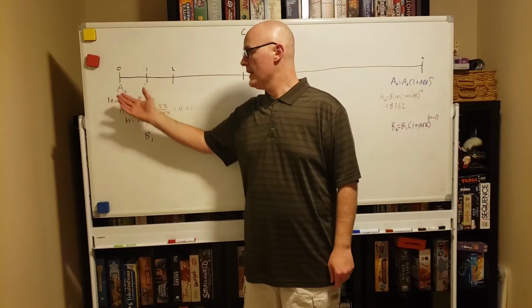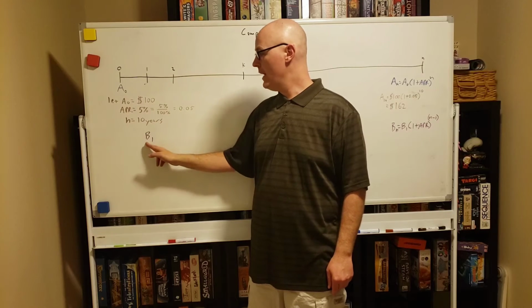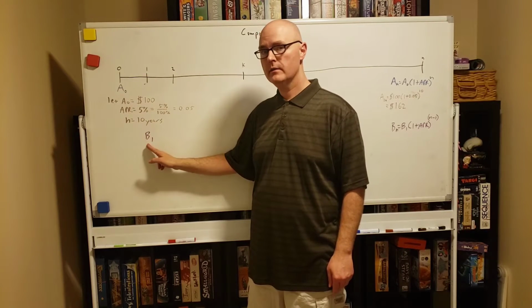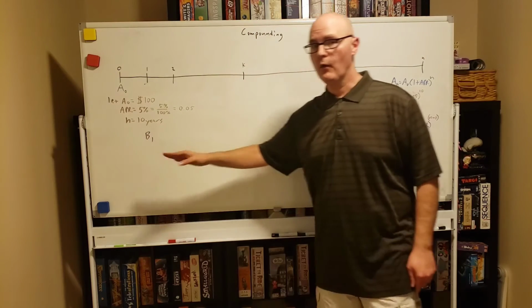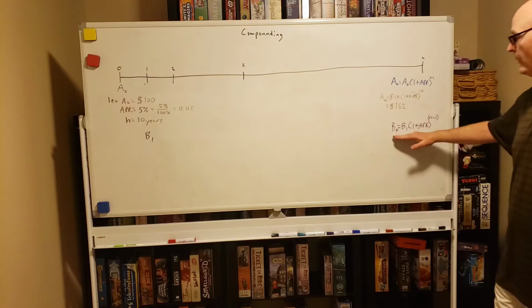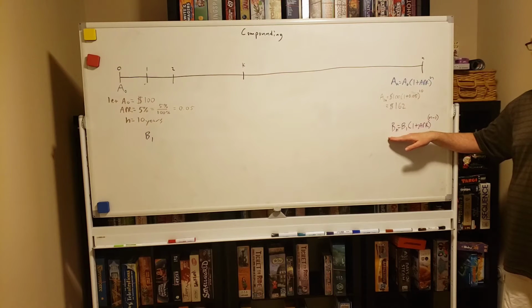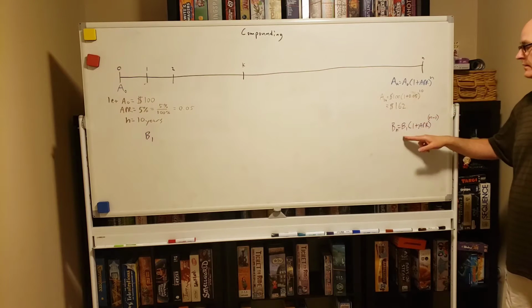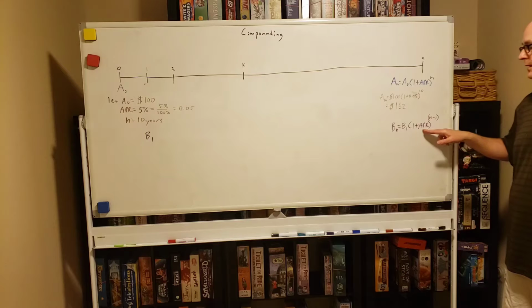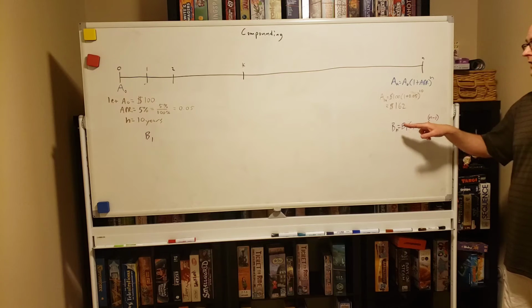Now, at year one, I want to add an additional investment. So whatever I add in year one, that is going to grow for one less year. So my equation now at the end of the time, at time period n, I have B1, which is the amount I put in at year one, multiplied by 1 plus the APR raised to the n minus 1, because I put this money in 1 year